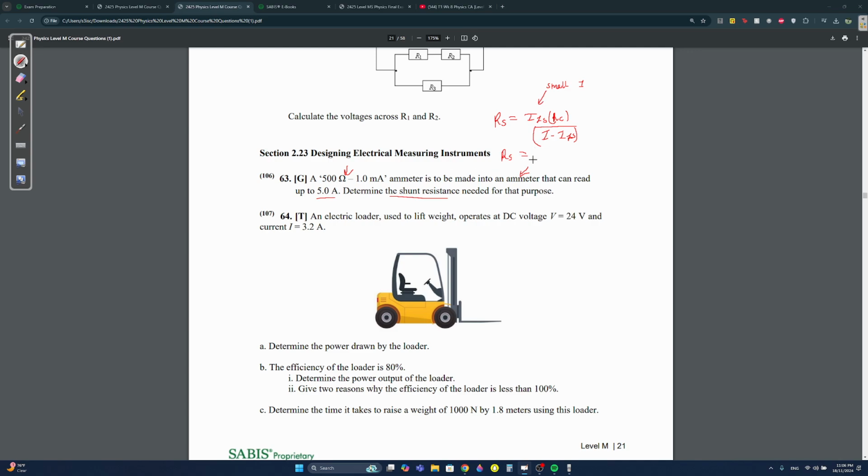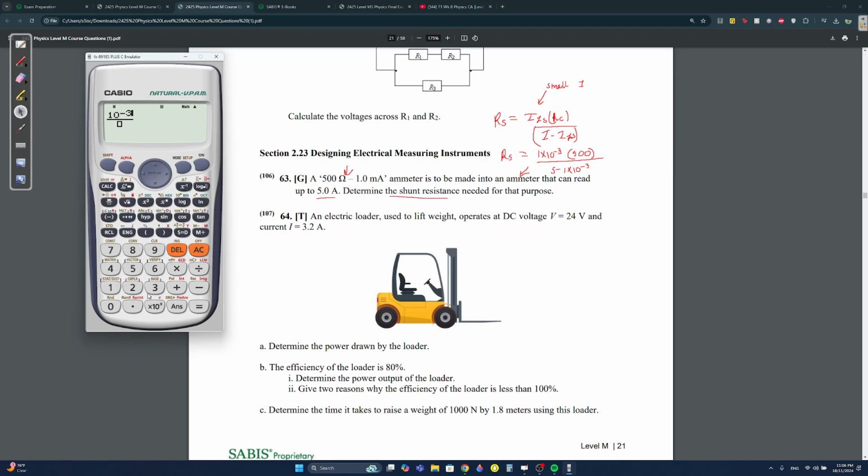Okay, so 1 milliampere, remember it has to be ampere. So we're going to change it to ampere by multiplying by 10 to the power of negative 3. Okay, or dividing by 1,000, whatever. Times R of the coil. The coil is 500. Always, the R of the coil is very high. Okay, it's very, very high. Then I minus IFS. I is the big current. IFS is the one we got in the previous part, or up in the numerator, and you're gonna get